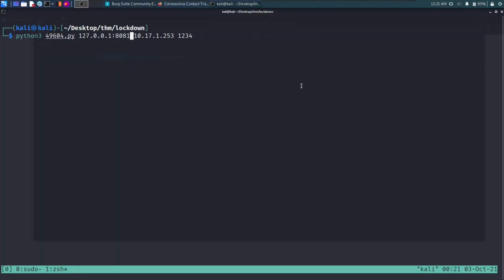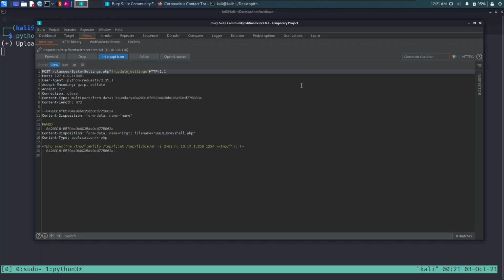If we turn on the intercept, we press enter, and we start off, we see the request made. So we see that it's going to the classes, system settings.php, and update settings. Okay, so it's on the settings page. It's updating the name to pound, and it's uploading a reverse shell file. The name of the file is this. Let me copy this, and then it's uploading it as a PHP file, but the name is img, and it's